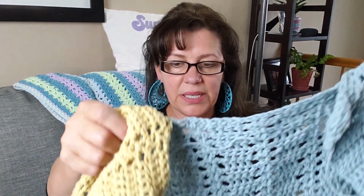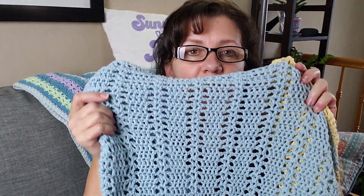And then the other one I have that's also kind of freestyle, and I guess freestyle, you could just say winging it. It means the same thing. So this one is made with butter. Feels like butter. I finally put the pieces together, and this is made with that same stitch